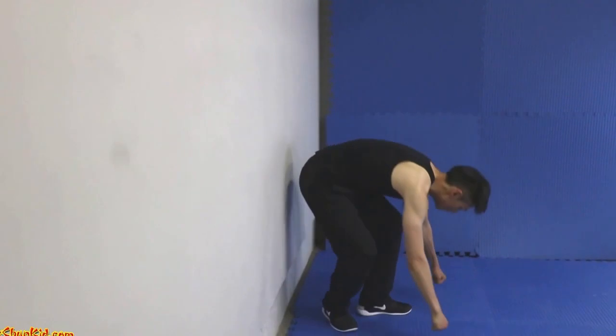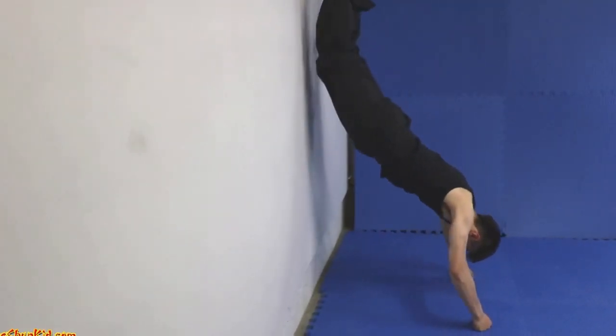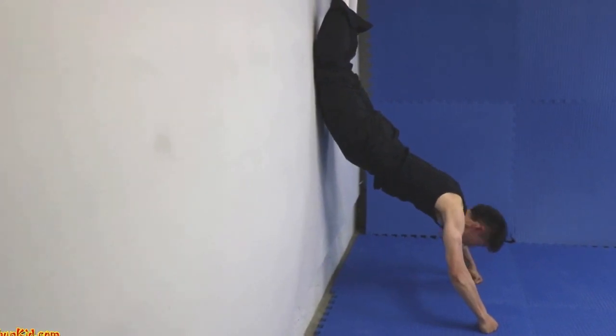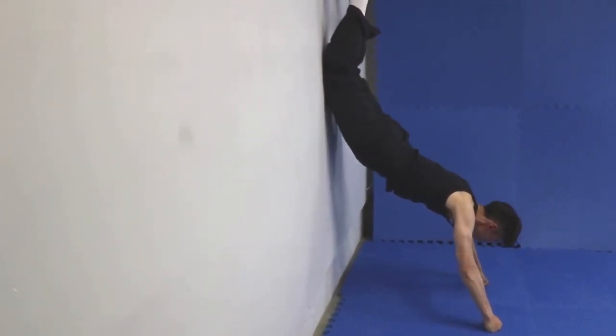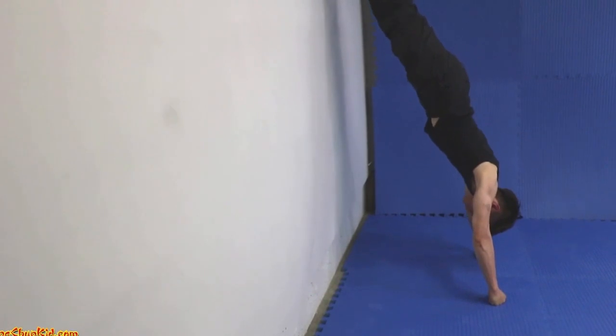So let me demonstrate again. Put your feet up like that. You don't want to bend it like this, like that. Have your back bent this way or the other way. You want to keep it straight from your knuckles all the way to your toes, as straight as possible. So that's one point